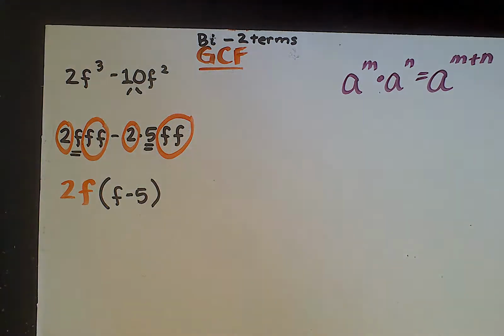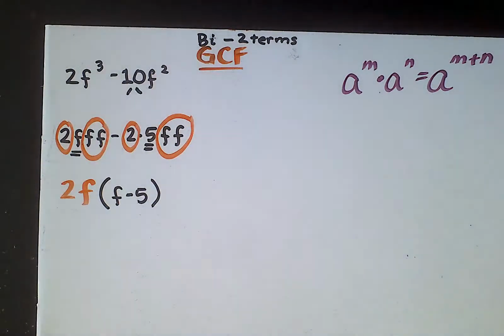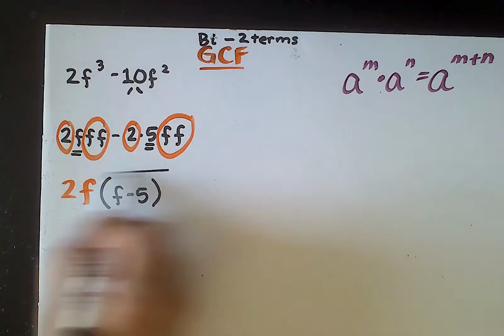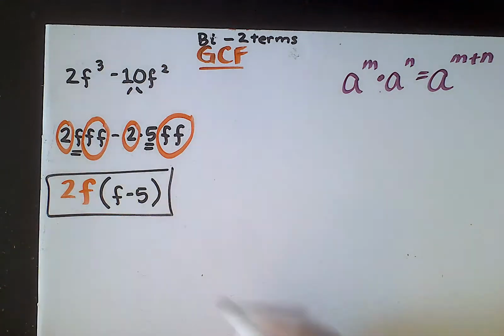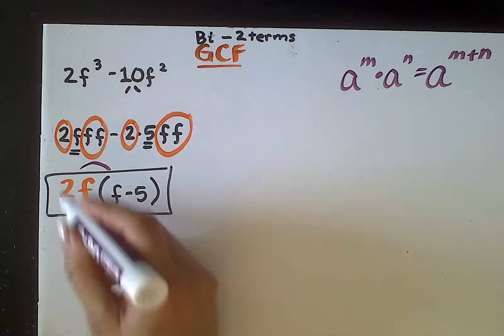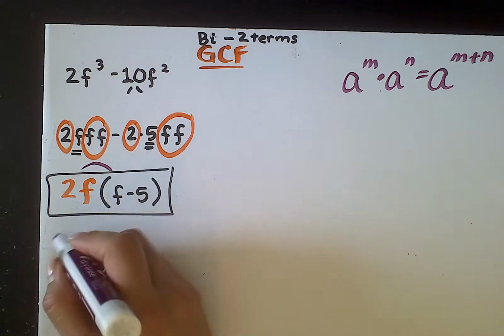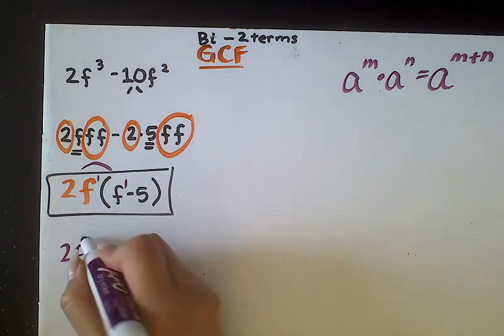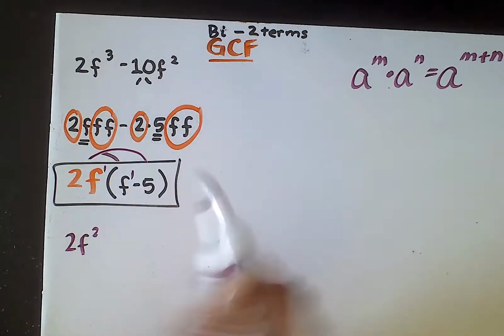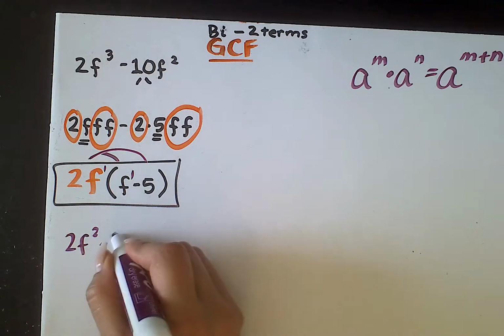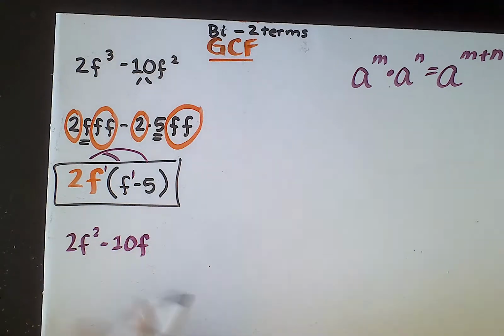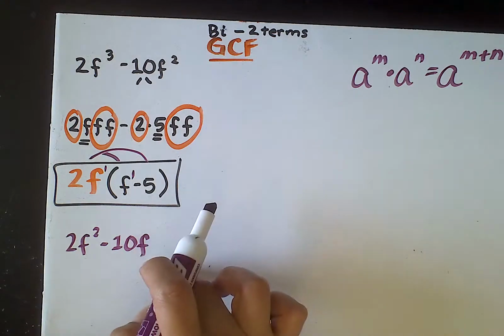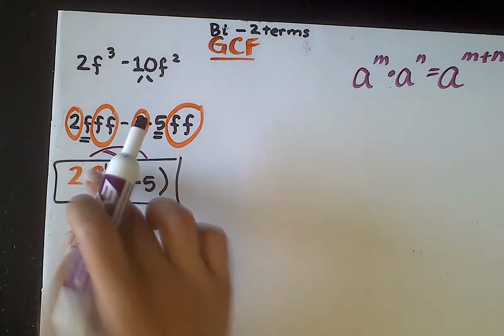Okay. You know what? I'm going to use a different color. Maybe it's the blue. It looks so bright. Last time I used this maroon, maybe that'll help me. Okay, so this is my final answer. I'm going to type it into iExcel. I'm just going to double check my work. So 2 times 2f times f will give me 2f. Then you add those. It's f squared. And then multiply 2f times negative 5. That's negative 10f. Oh, uh-oh. Where am I off? I forgot to put a squared right here.